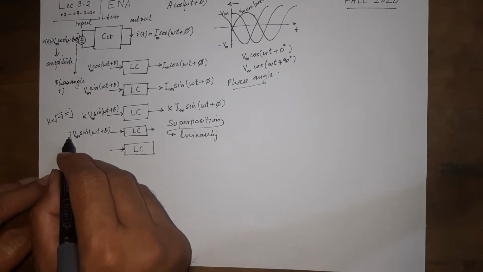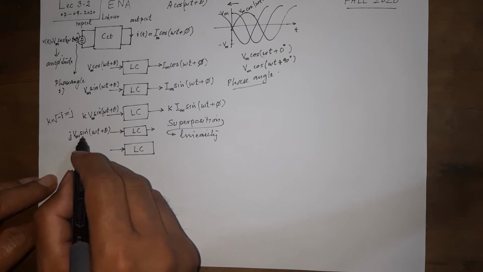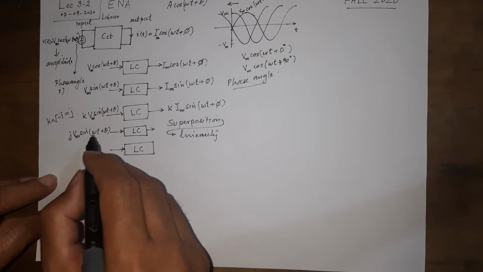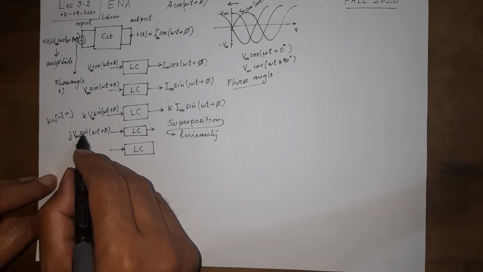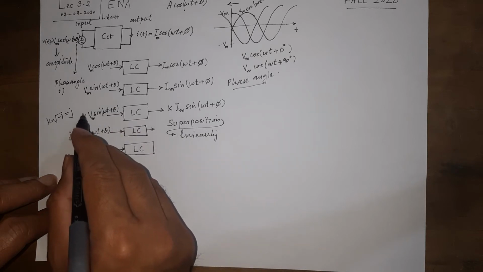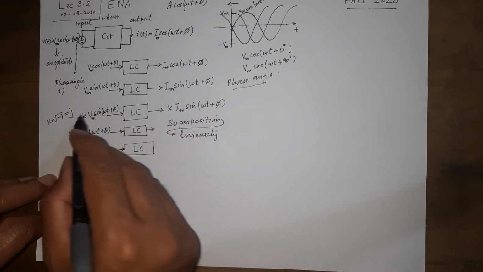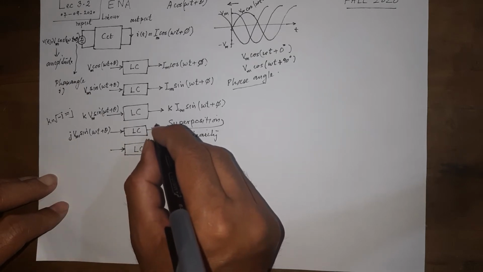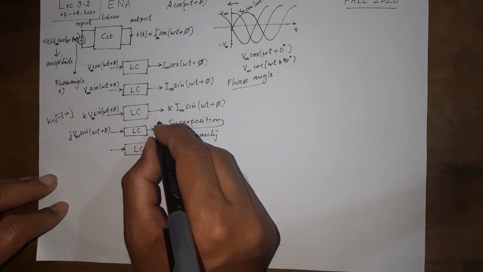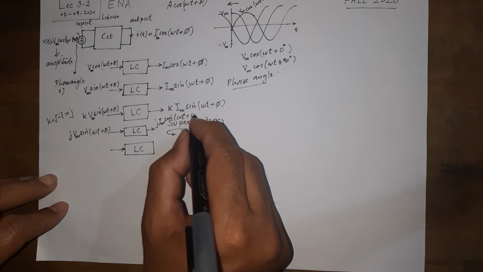First you may be thinking, how can an imaginary number be applied to a circuit? Okay, we are not applying it in the laboratory. We are not applying it in real life. We are applying it on paper. Nobody can stop us from doing this. And if linearity holds, multiplication by any constant is going to result in the output being multiplied by that same constant. So if the input is multiplied by j, obviously we are going to get j Im sine of omega t plus phi.